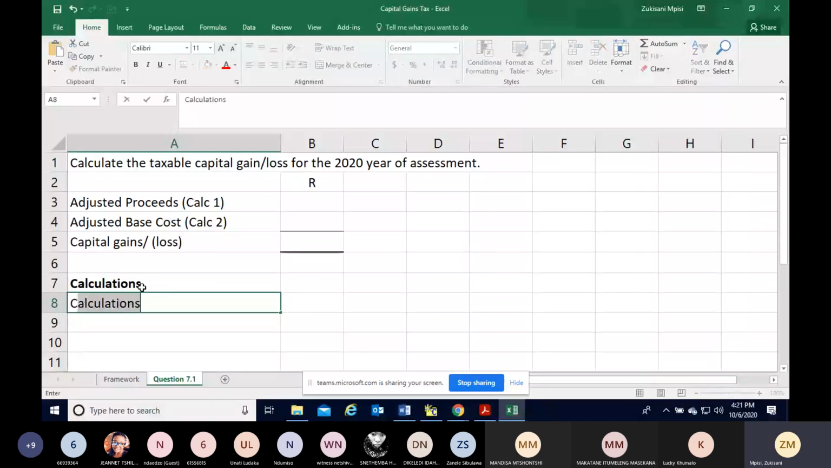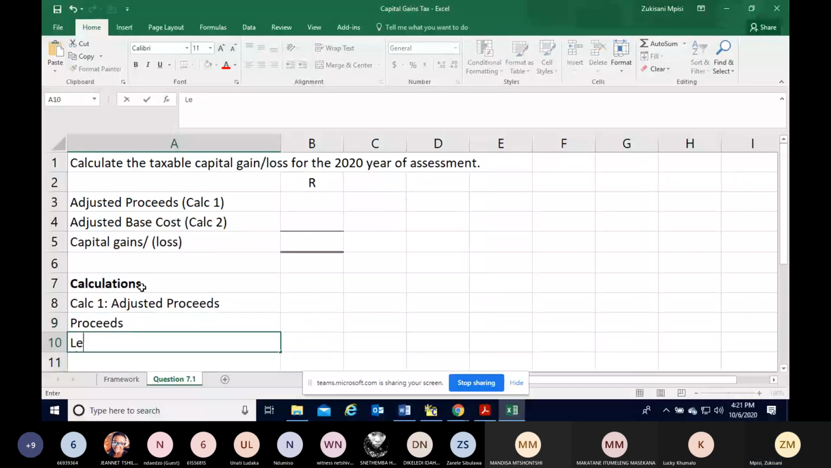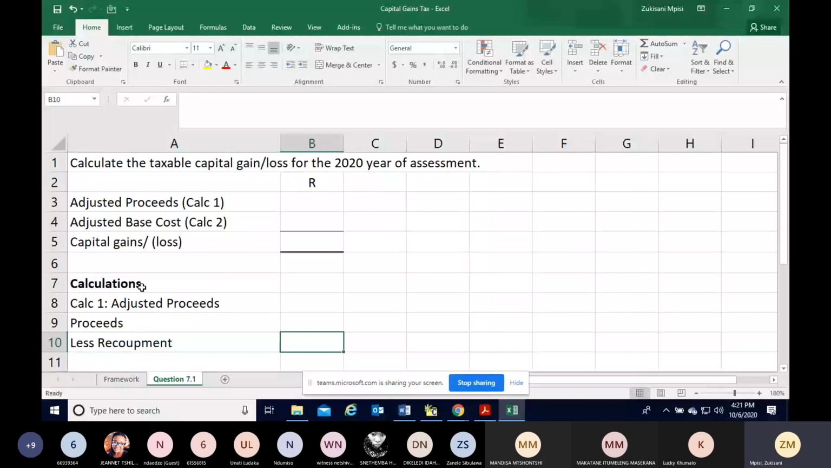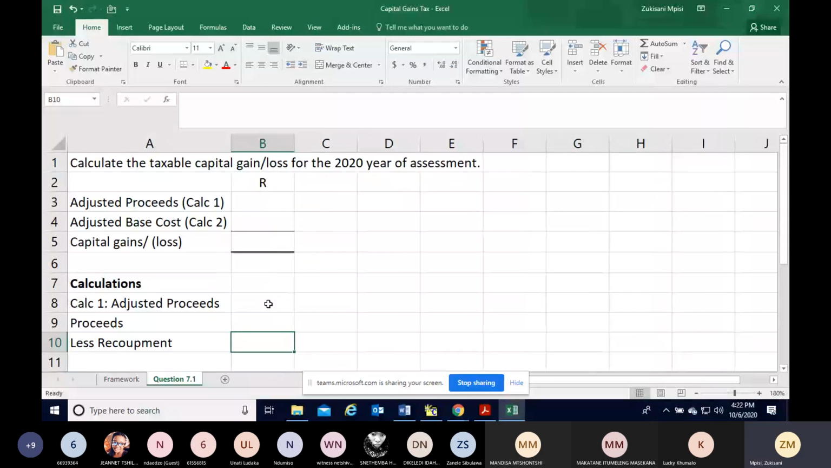So for calculation 1, we want to know the adjusted proceeds. What is the formula to calculate adjusted proceeds? We know that it is proceeds less recoupment. We've already addressed recoupment in terms of gross income, and again in terms of capital allowances. So this time around we must read in order to get to adjusted proceeds. In this particular case,